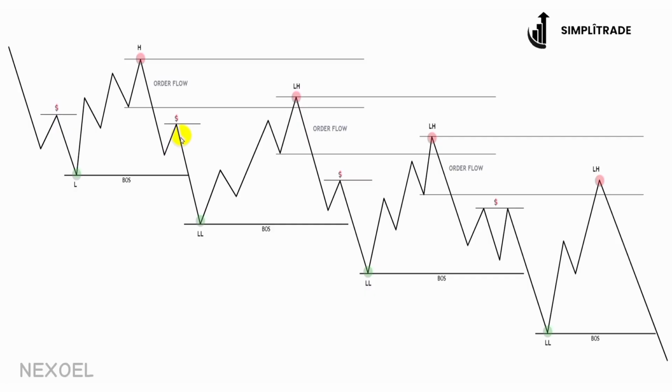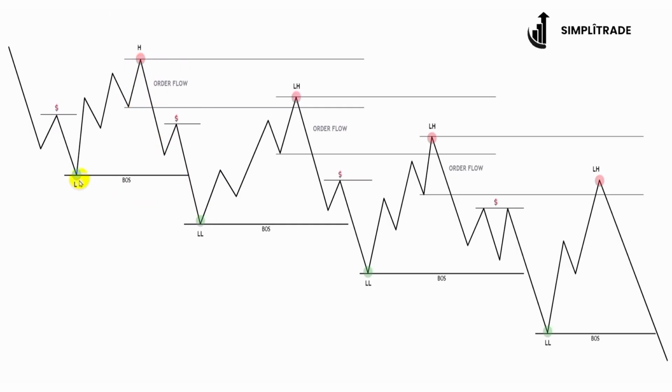to mitigate institutional zones. So now you can see the market took out external range liquidity. So we want to see the market take out internal range liquidity and then mitigate an institutional zone. So you can see this is the institutional zone. This is the order flow. I'm not teaching order blocks here. I'm teaching order flow. So you can see this is now the last buy move before the impulsive sell move